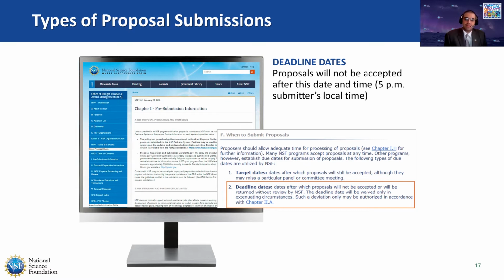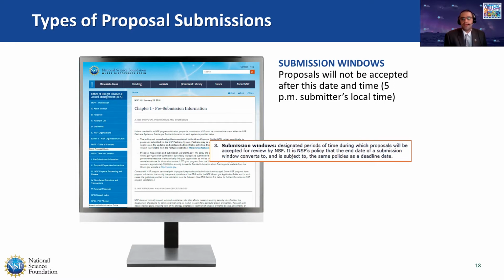The deadline date will be waived only in extenuating circumstances, and if you are interested in what extenuating circumstances means, deviation may be authorized in accordance with a specific chapter, Chapter 2A in PAPG. Submission window. A submission window basically also gives you a date from which proposals are accepted